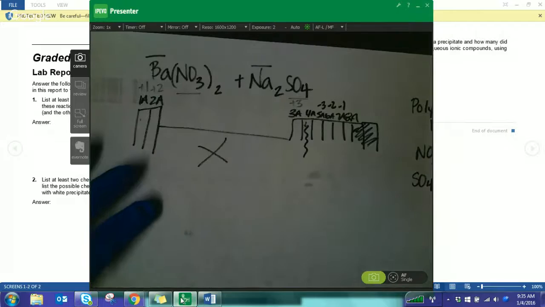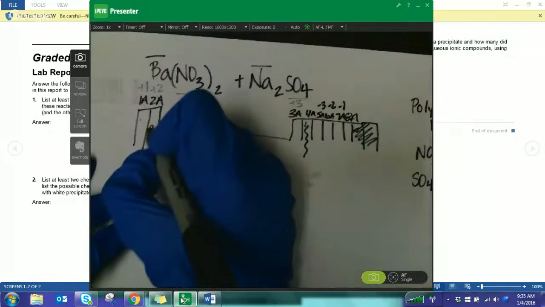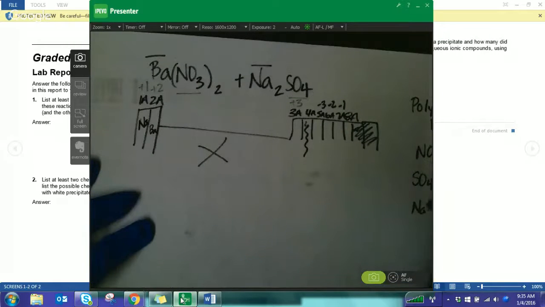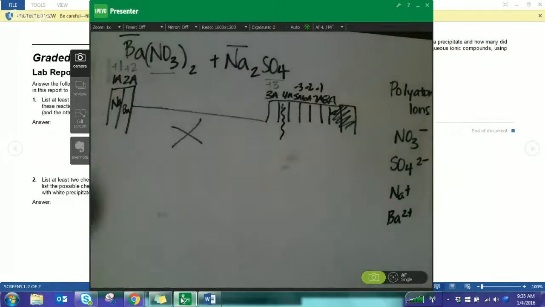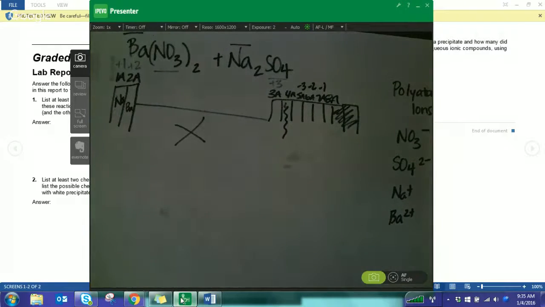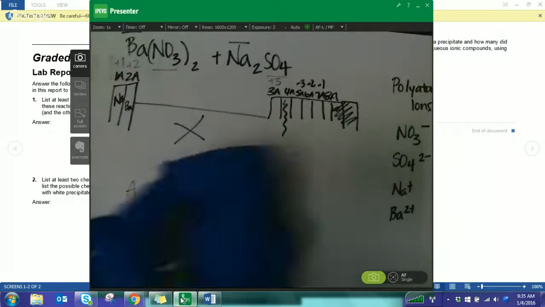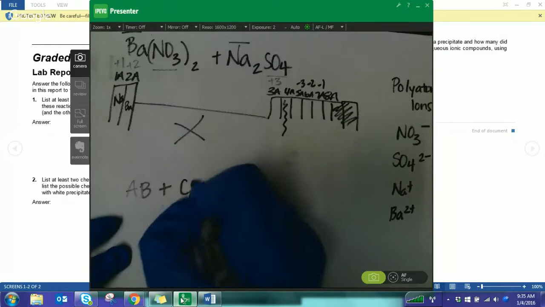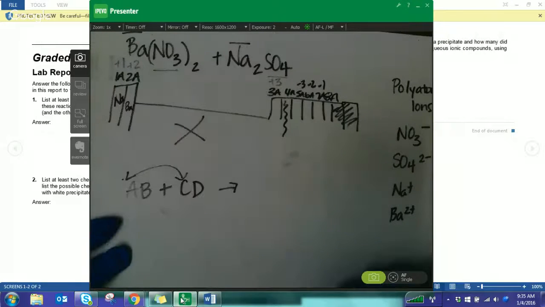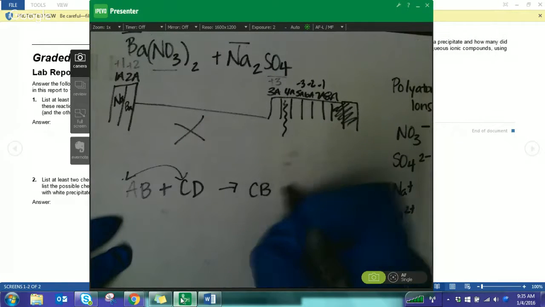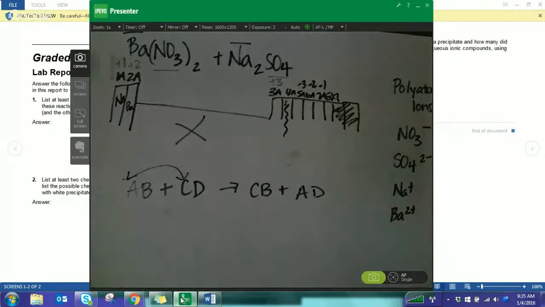Right? Barium falls in 2A. Sodium falls in 1A. Right? So we have Na plus and Ba2 plus. This is what you have to keep in mind when you do your double displacement reaction. Every one of these is going to be a double displacement reaction. That basic formula, AB plus CD, your positive ions switch spots. So you're going to have CB plus AD. Now, when they form, right,